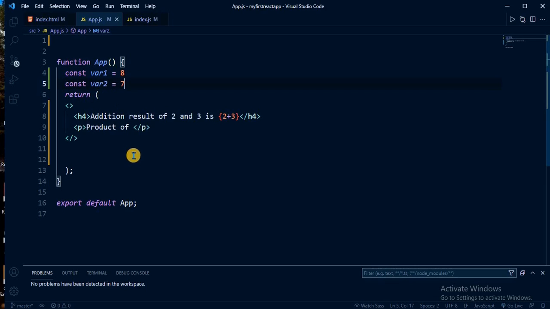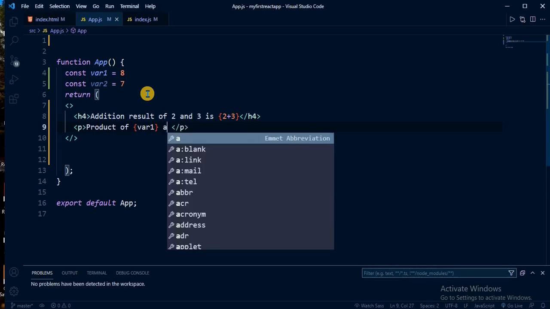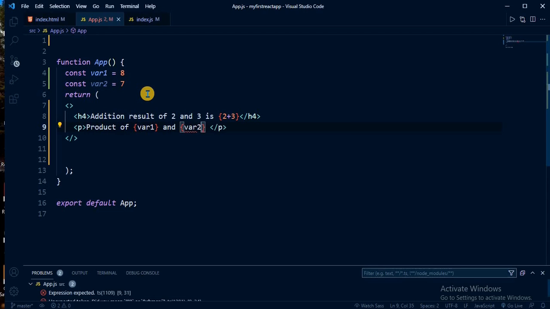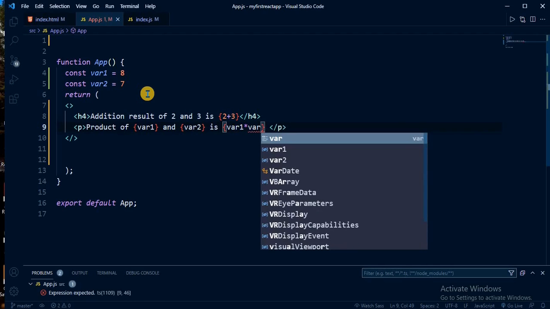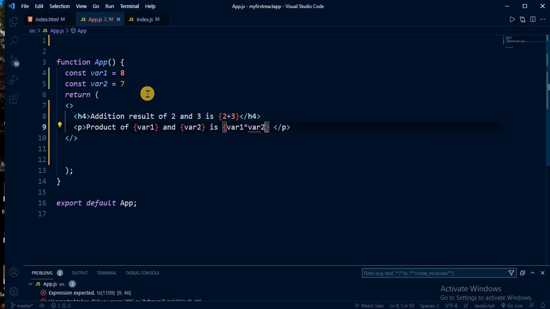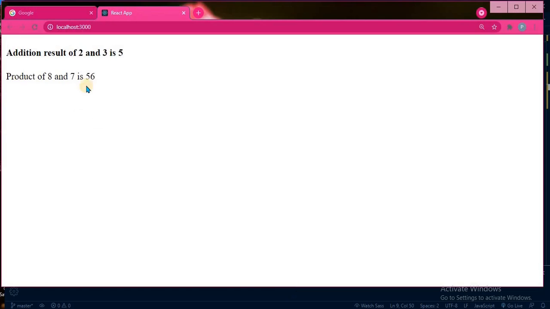Now suppose we want to display the multiplication result of these two numbers, so we would say product of var1 and var2 is, and inside this expression we calculate var1 times var2. Now we should expect a result. After this we should get product of 8 and 7 is 56. Let's see if we get it or not. As you can see in the paragraph, we got product of 8 and 7 is 56.